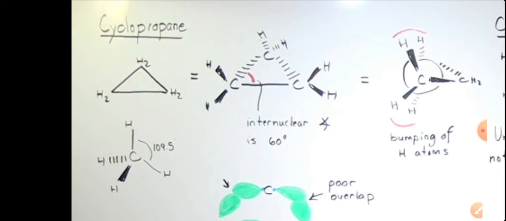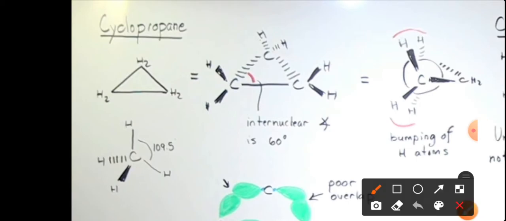Another criterion of instability is that there is only one conformation. We can see in the Newman projection that only one conformation is there. We cannot rotate any carbon here. The front carbon's hydrogen and the back carbon's hydrogen are bumping into each other. Okay, they are in an eclipsed position.